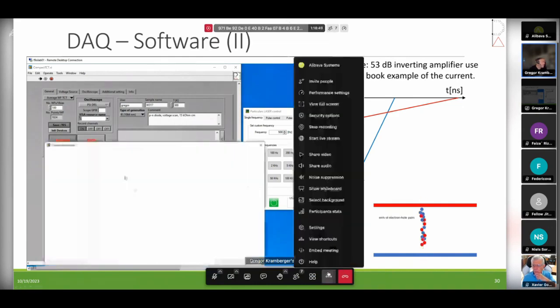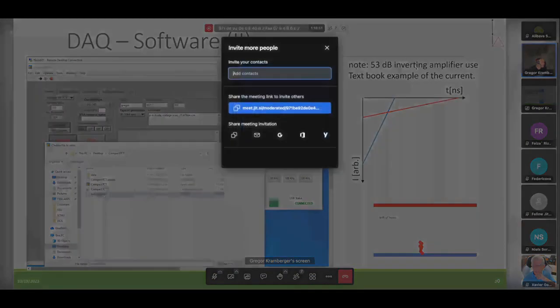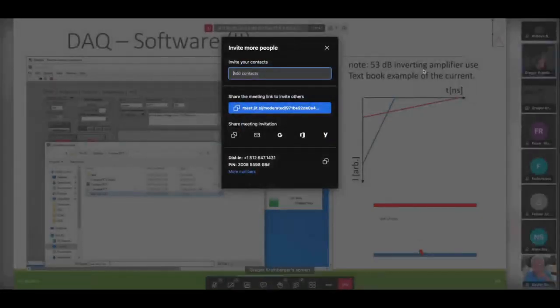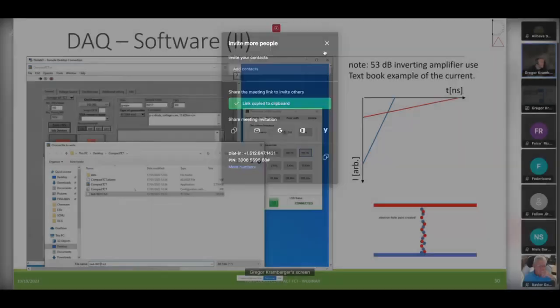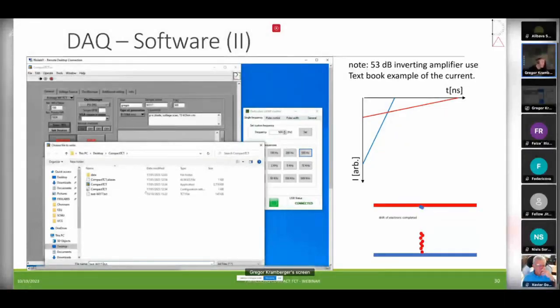And of course, then you save the measurements, you select the name for the file. This is all standard, right? So, okay,